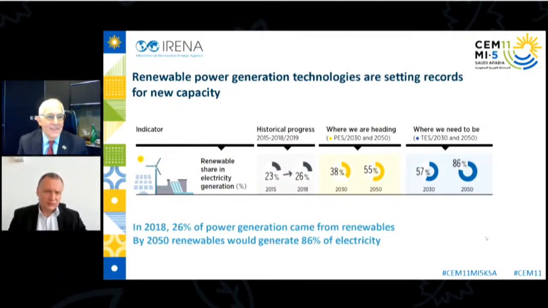So if we move to the next slide on the renewable power capacity, we're currently at around 27% renewables in power generation. We think that will increase significantly. Business as usual takes us to 55%, but what we need is really 86% renewables by 2050 in the power generation mix. If we move to the next slide,